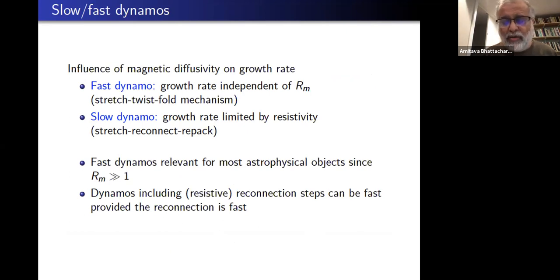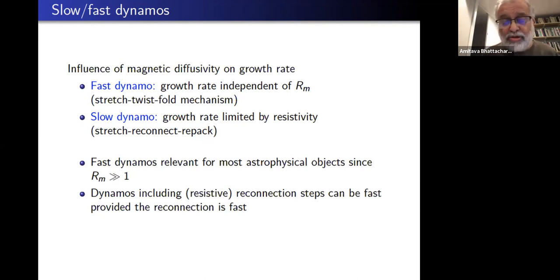So it's a linear equation in B, and you say, all right, I will posit a solution where B goes like some quantity B0, which could be dependent on space, but weakly dependent, say, multiplied by exponential gamma t, where gamma is the growth rate of the dynamo. The fast dynamo would be the one in which the growth rate would be independent of Rm,